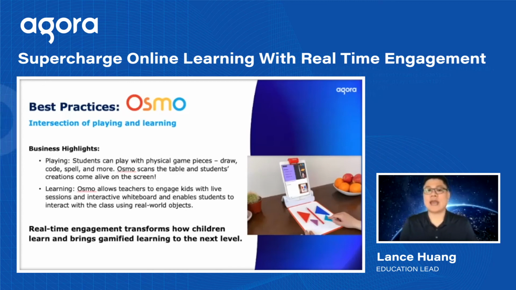So students can play with physical game pieces. They can draw, they can code, they can spell, and they can also use these pieces like Lego pieces to build all kinds of amazing things. Their gadget, as you can see from the right-hand side, is a red mirror that can be attached to the camera of a tablet, and it can reflect what's happening on the table, which allows the camera to capture